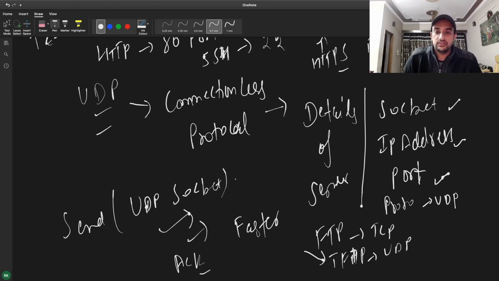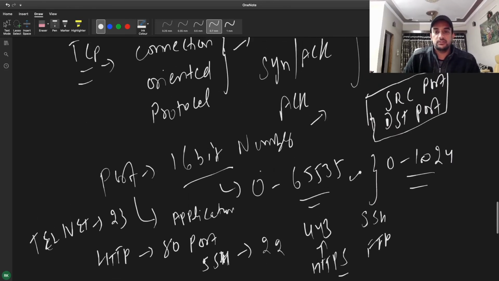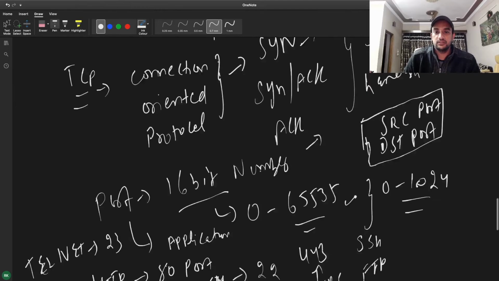So it will never go to the next frame or next fragment, because if there is a large packet, we have to fragment the packet. We'll discuss those in detail, but the basic idea is that UDP doesn't have to form any connection, it just sends the data over the wire. That's why it's faster. But it does not wait if some packets are dropped or something goes wrong with the packet because of noise, and it will not try to resend those packets. I hope I covered TCP and UDP pretty much.